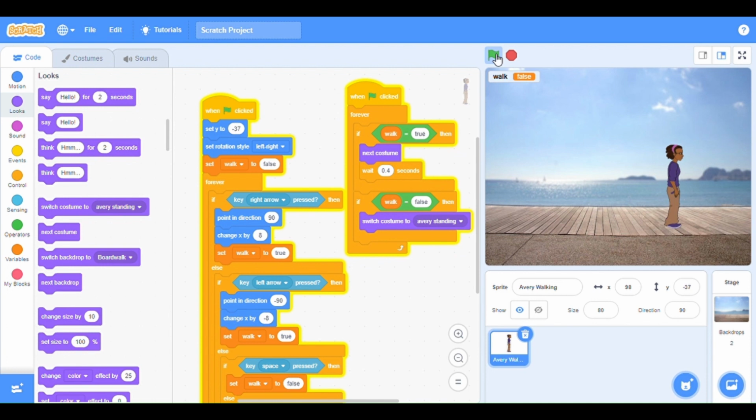So let's check. Yeah, it's walking, but it's too slow. Yeah, it's too slow. As you can see, it's not moving that quick. So I will just